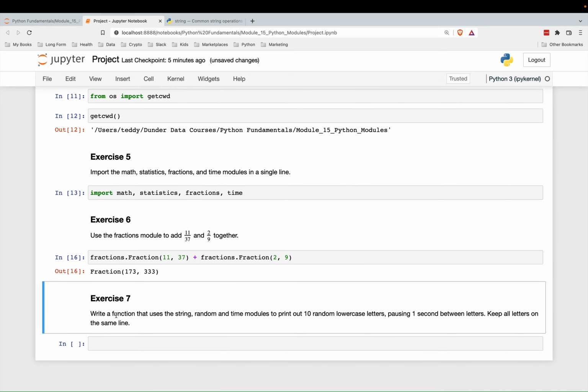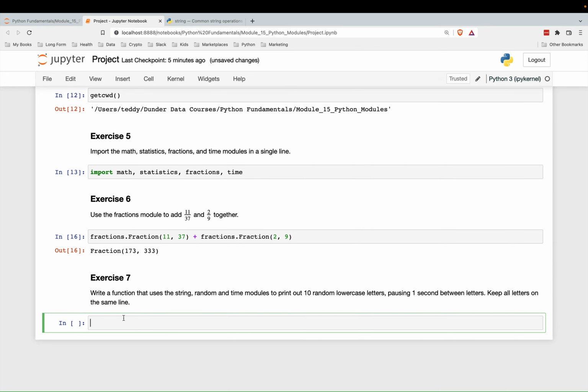All right, number 7. Write a function that uses the string, random, and time modules to print out 10 random lowercase letters, pausing 1 second between letters. Keep all letters on the same line. So we're going to use a lot of what we've done thus far. So I'm going to print out one at a time. So for 10 of them, I'm going to create a loop here. So for i in range